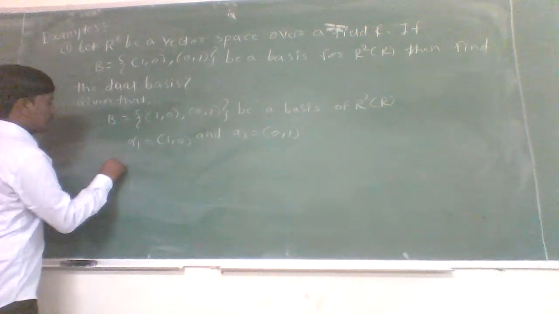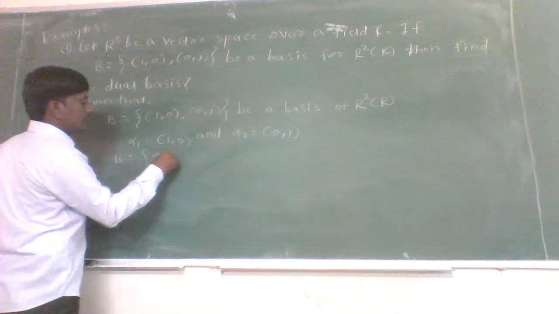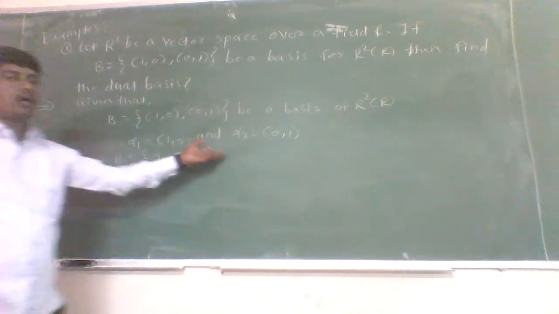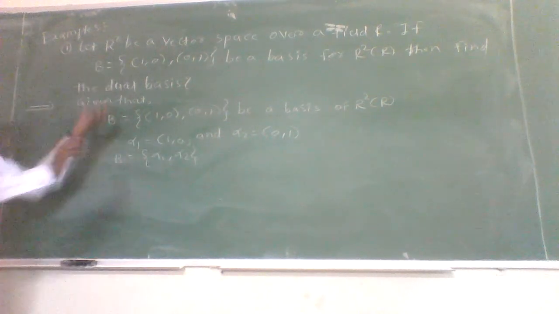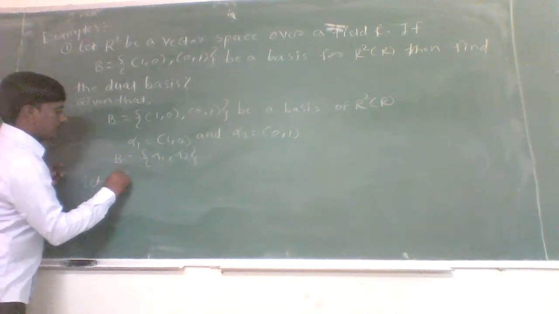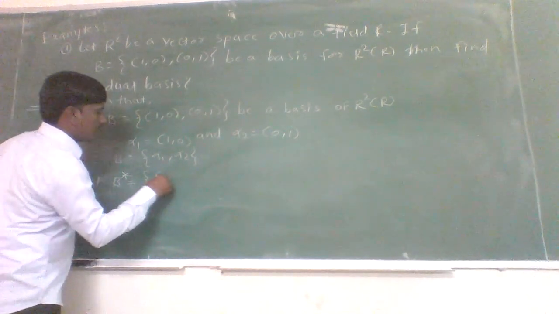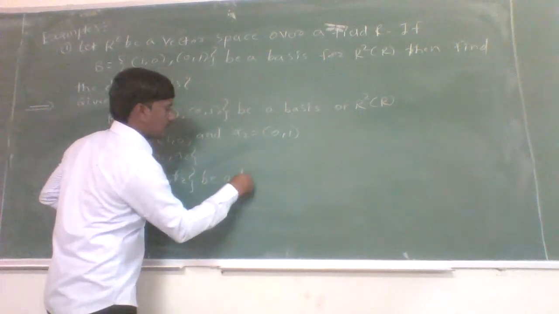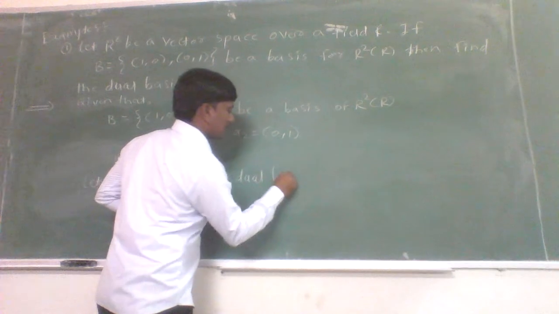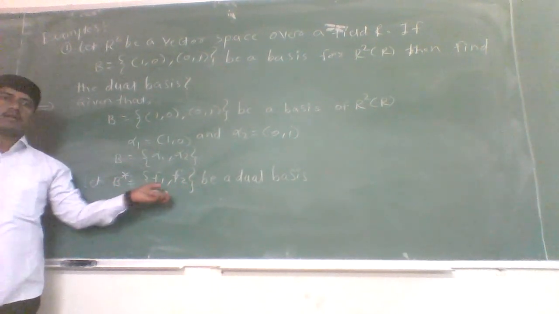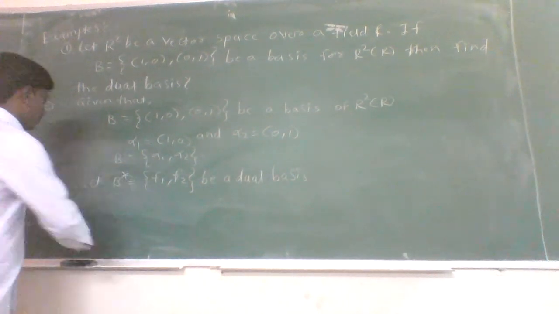So B equal to alpha 1, alpha 2 is the basis for the vector space V, that is R2 over R. Now from the definition of dual basis, let B star equal to f1, f2 be the dual basis. As f1, f2 is the dual basis, now we have to find the values of f1 and f2. Now by definition of dual basis,